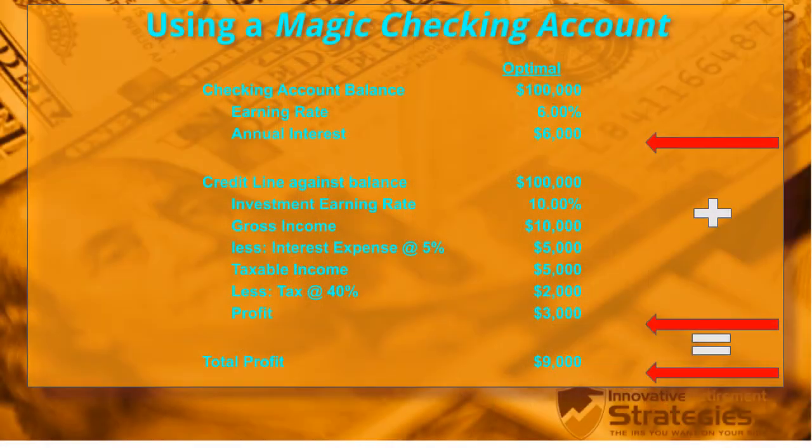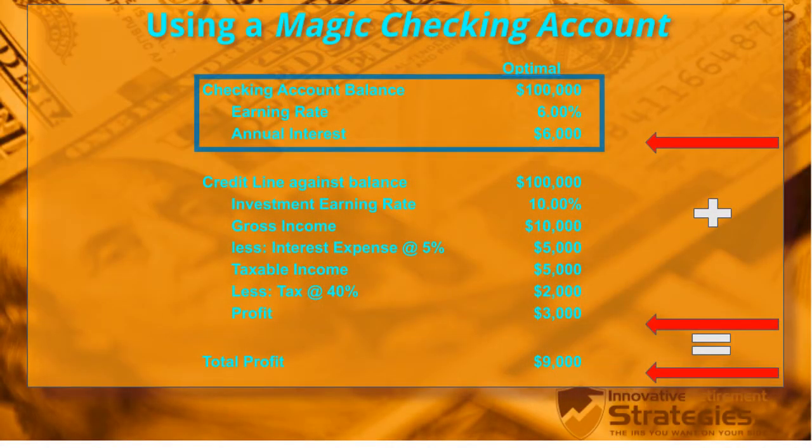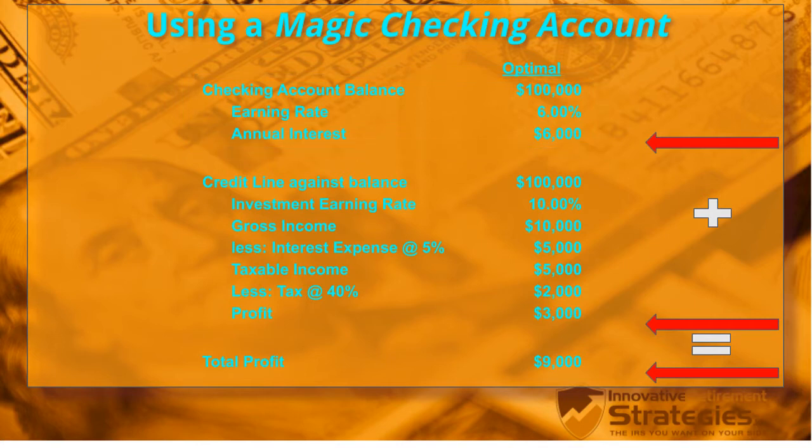So this table looks very similar. You've got the same $100,000 in your Magic checking account growing at 6% per year. So at the end of the year, it's going to earn $6,000. Only this time we're writing a check to make that same hard money loan, only the interest that we're paying on it is 5%. So now at the end of the year, the investor pays off the loan, you get your $100,000 of principal back, you've got the same $10,000 gain,